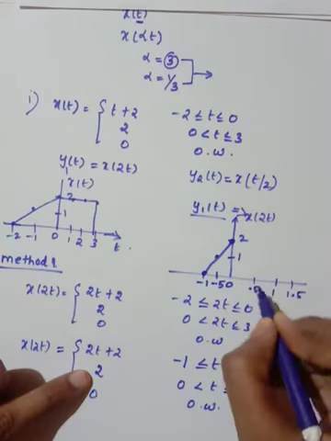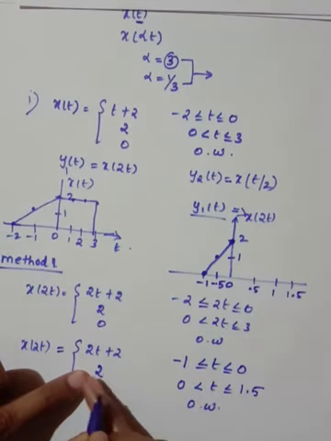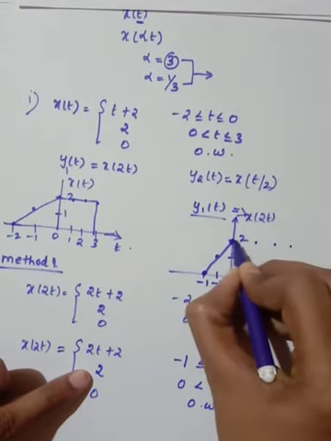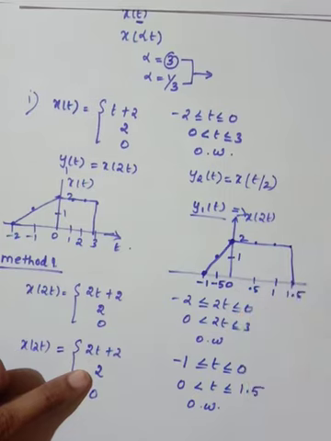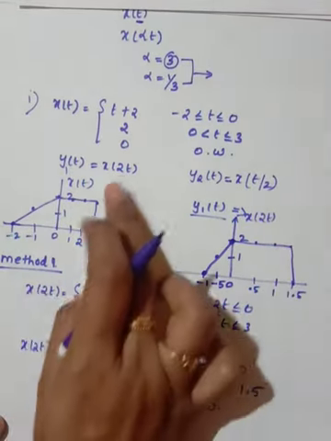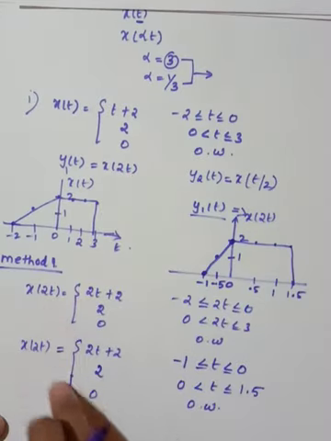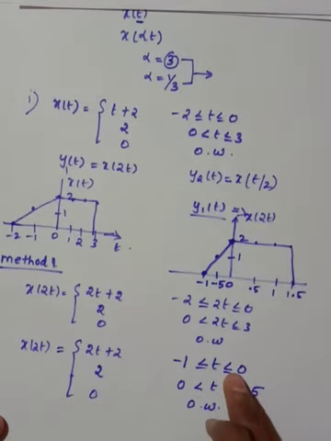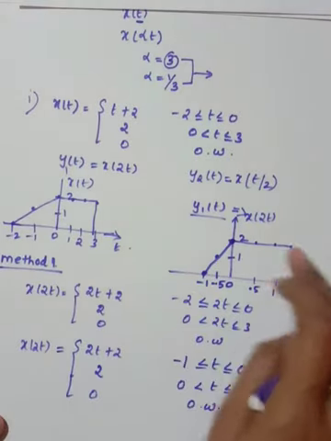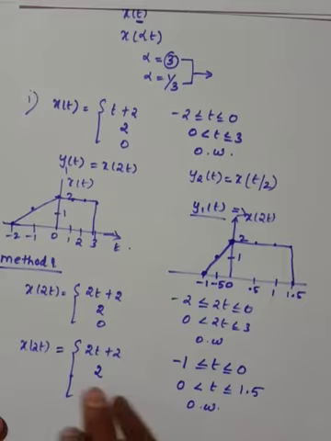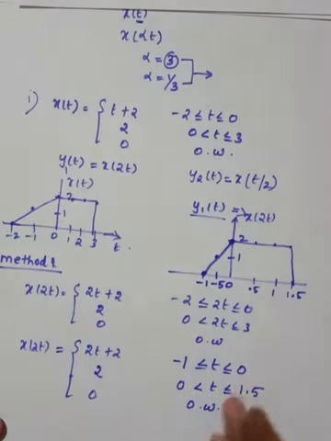The value is 2, whatever the range you have, so there is no need to simplify it. Okay, so you will have 0 to 2. So this is your method 1. You need to substitute the given scaling value instead of t, and simplify this. After that you need to substitute different values of t, and obtain this x of 2t. This is the procedure for doing method 1.